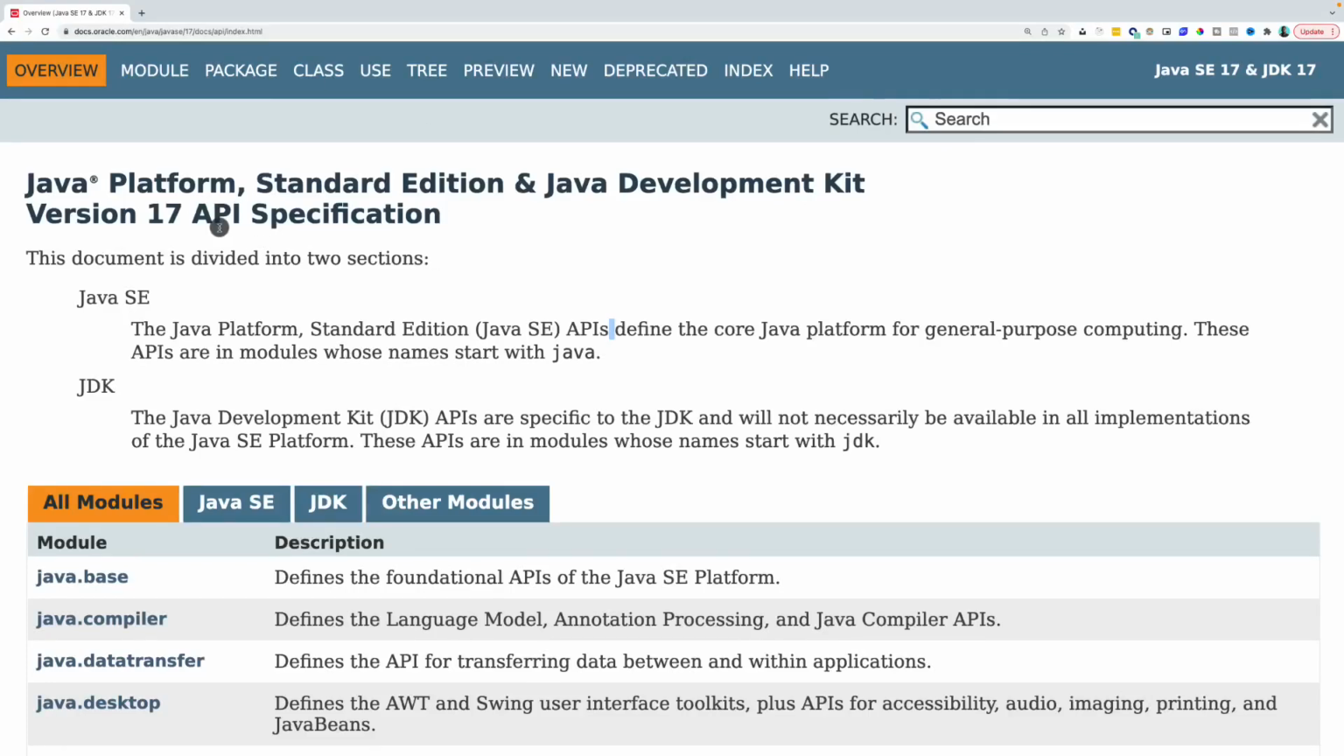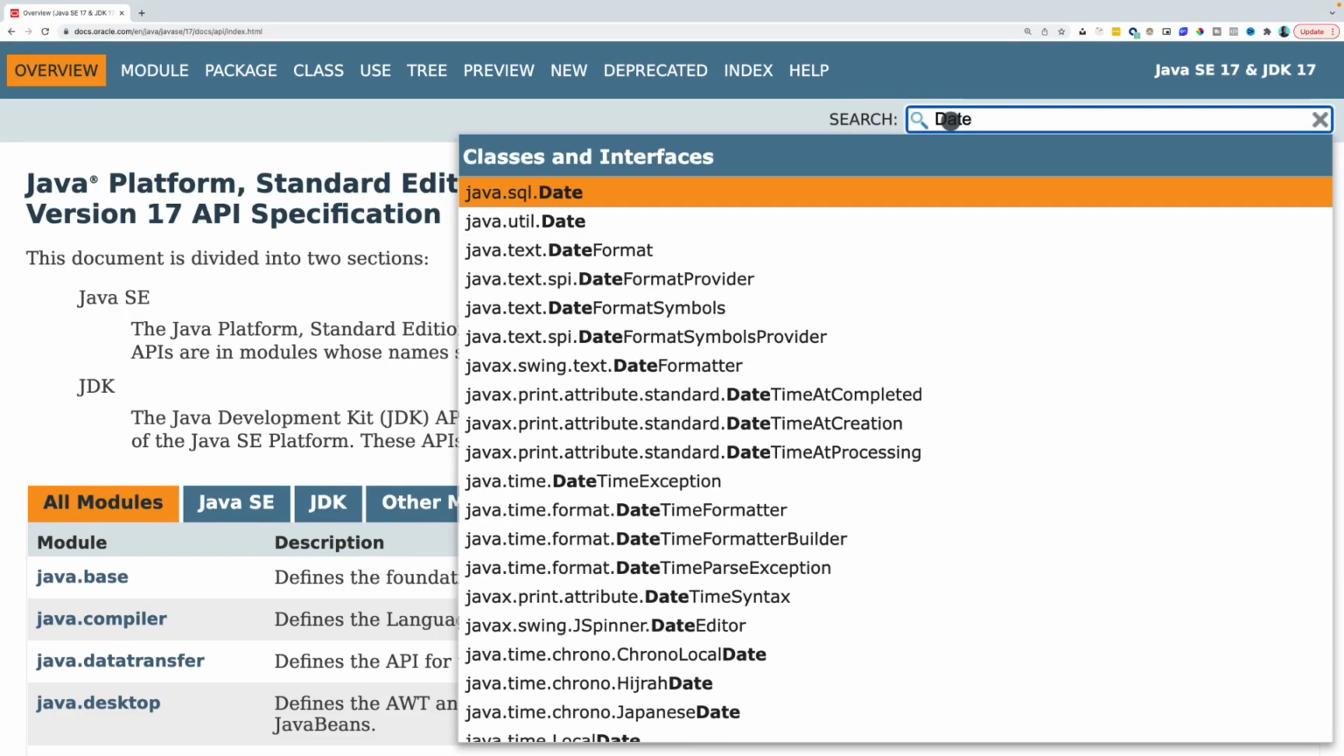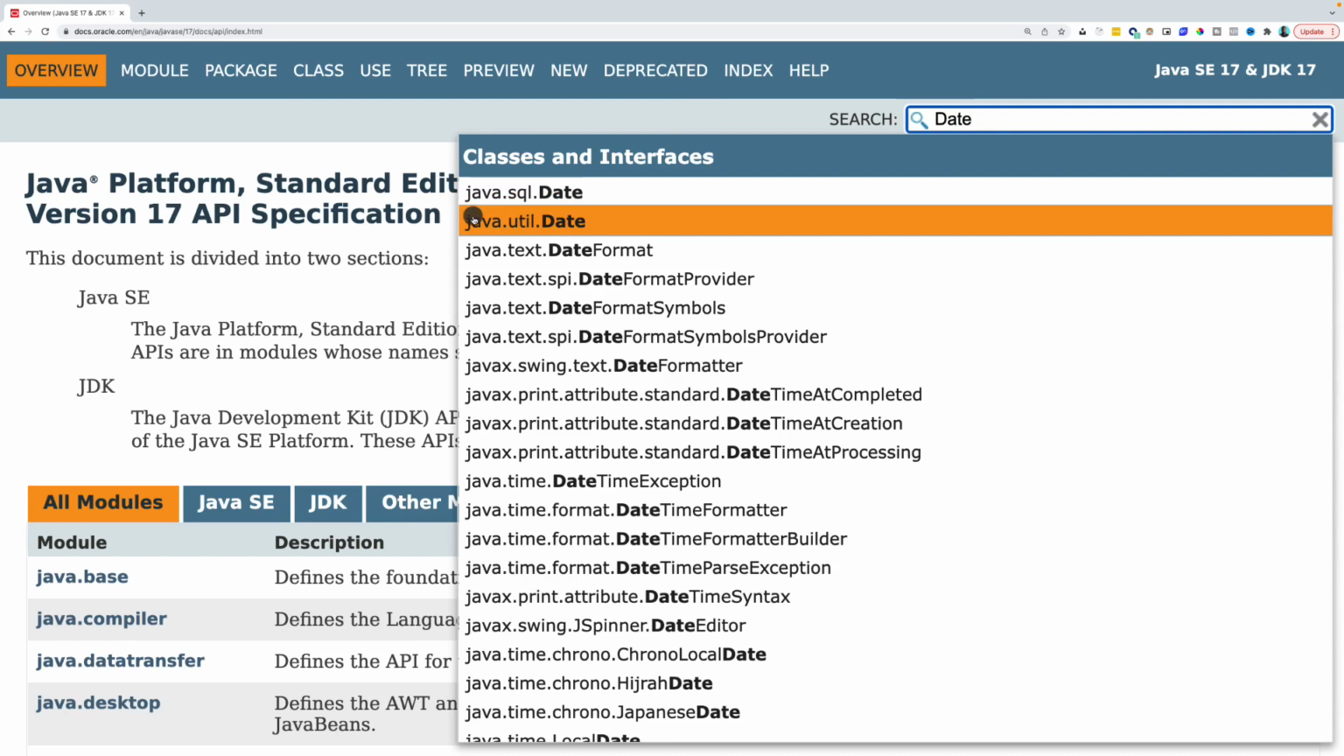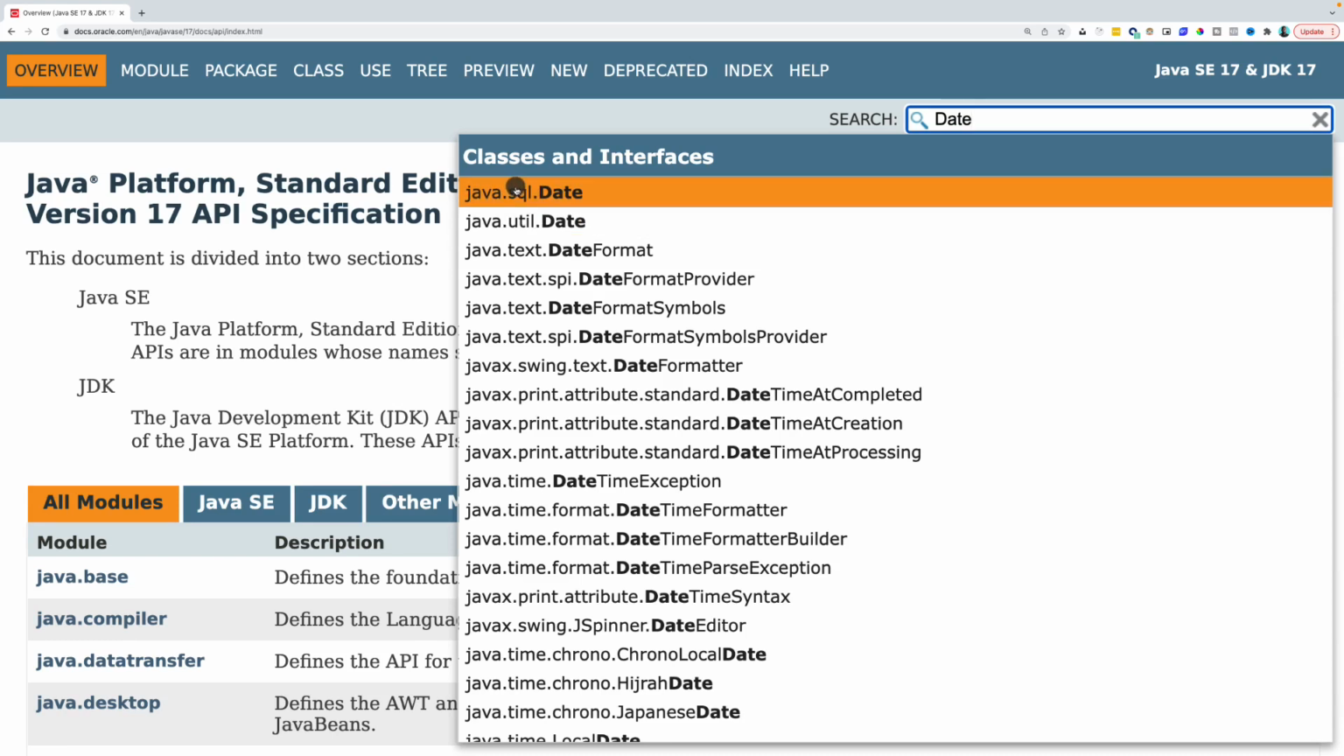Within the API specification, let me search for date. So what I want you to see is that we have two classes called date. One comes from java.sql and another one comes from java.util. Now let's try and see how we're going to use both of these classes which have the exact same name